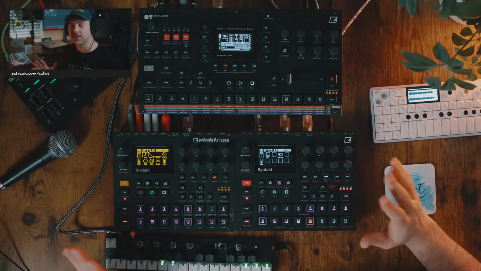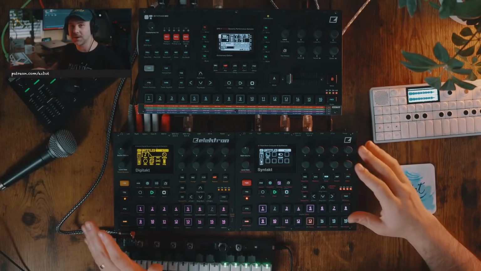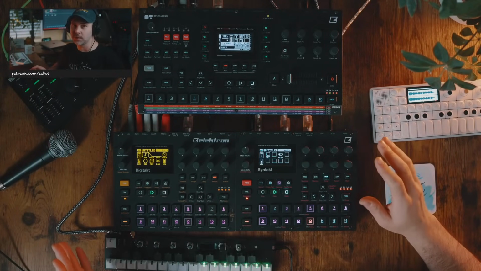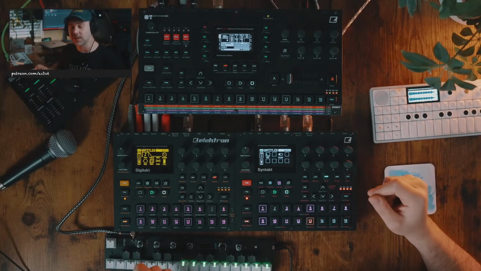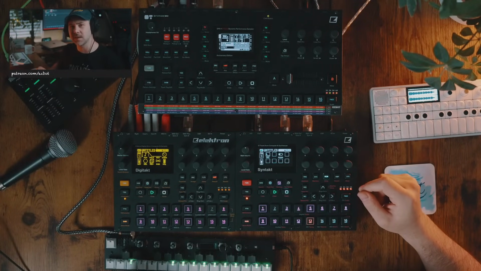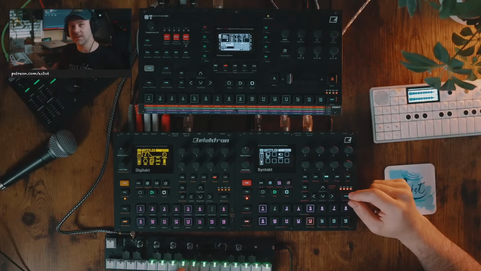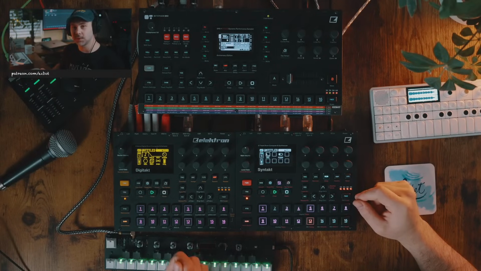But the DUAL VCO, I think, is the shining light in the Syntakt and in the rhythm when it comes to making these really dirty, gnarly sounds. You can get some cool, gnarly stuff out of the digital engine, but nothing like you can get out of the DUAL VCO. And one of the things that I really like to do with the DUAL VCO, and that I did in this,